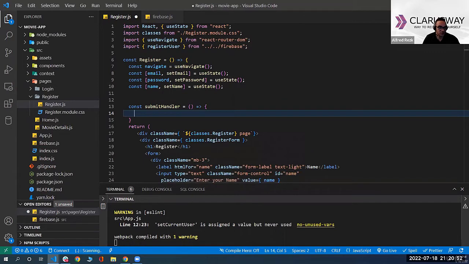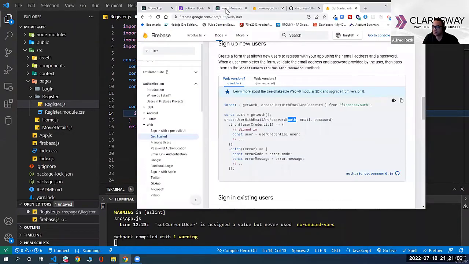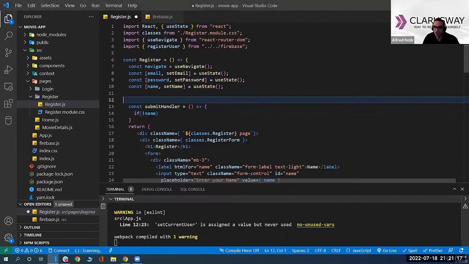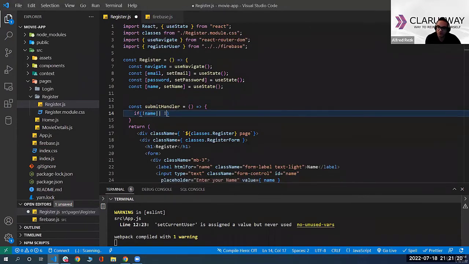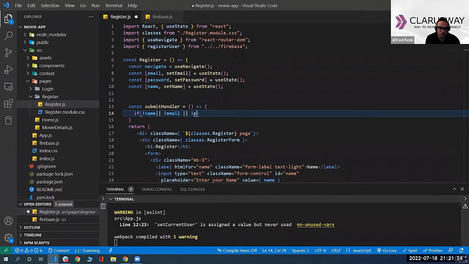And in this function, in the submit handler, I can check if there is no name. So I'm doing some validation. If the user is trying to go to my page here or trying to register, but he didn't provide any of this and he clicks sign up, that will fail. I want to do some validation that he put any name, email, and password. So if there is no name or there is no email or no password,